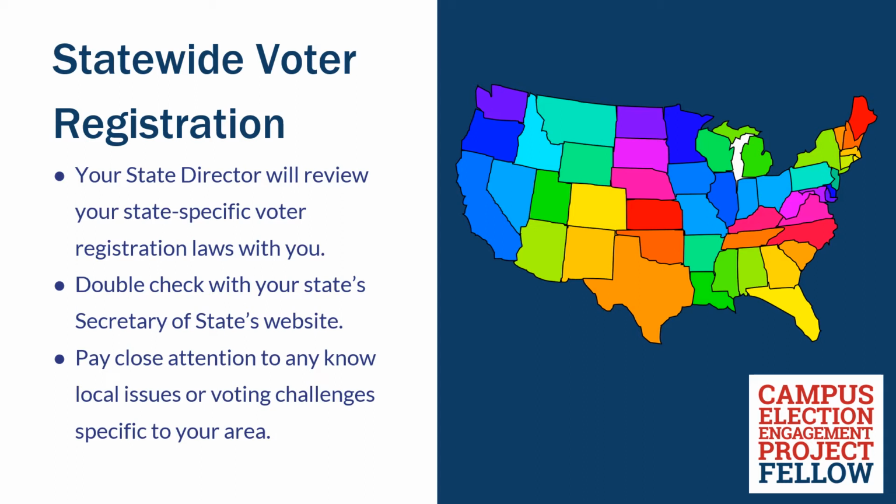Your state director should have gone through a training about the voter registration laws in your state. If you have any questions about it, please ask your state director. They are a great source of information and guidance. Be sure to check the election information you get regularly with your Secretary of State's website or your state director. Sometimes the election laws in your state can change depending on the legislation in the state legislature, the decisions being made by the courts, or external events. That's why it's important for you to stay up to date on any pressing issues, close races, or changes in election law in your state. The sooner you know about a change in your state's voter registration process, the sooner you can react and adapt to the situation.